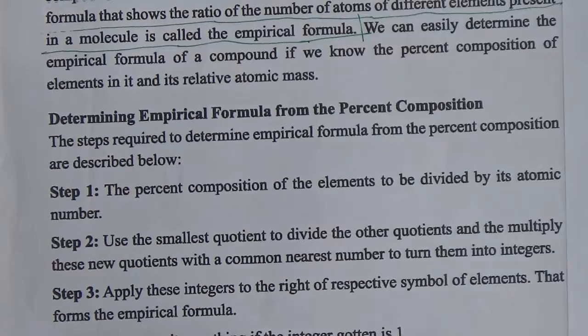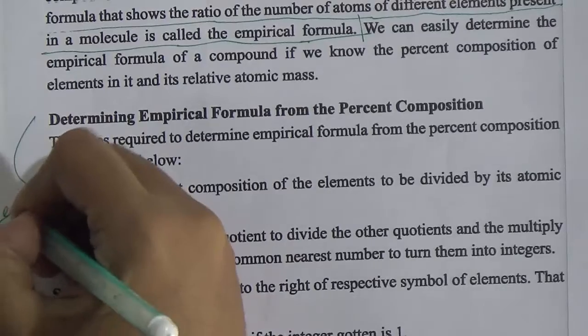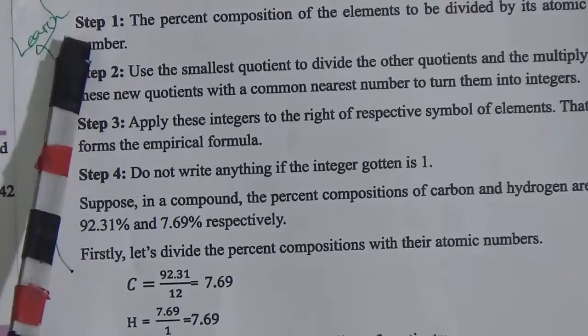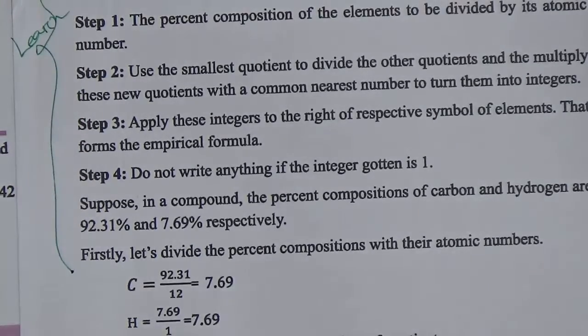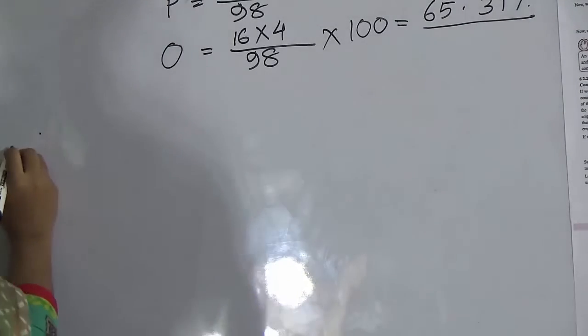Now these are the steps for how we will find out the empirical formula. This part you have to learn. Just now we have found the percent composition of phosphoric acid. Now we will find out the empirical formula of phosphoric acid from that percent composition. So the empirical formula system is, we have to